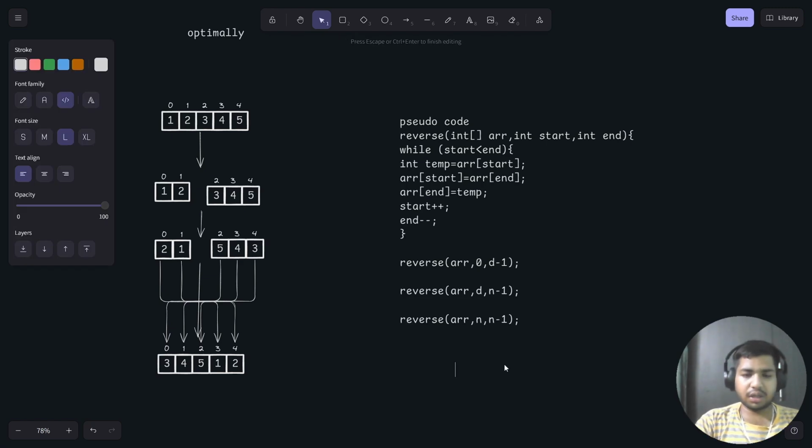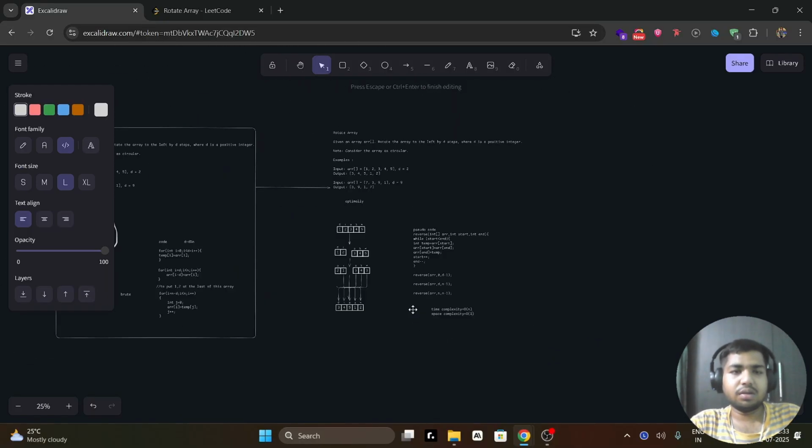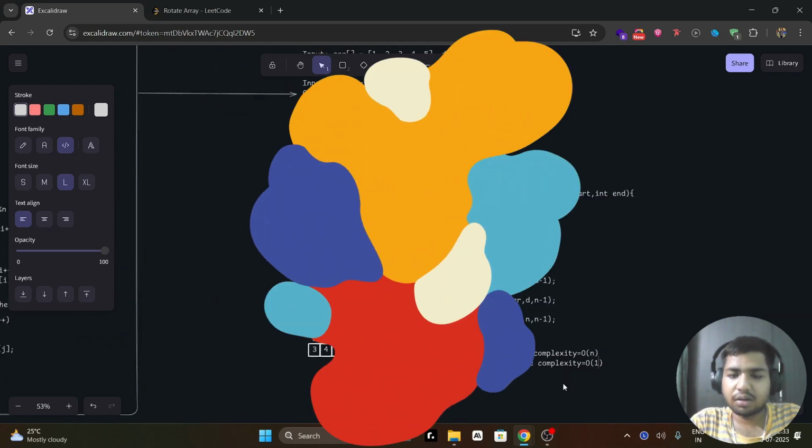Also, the time complexity will be the same, big O of n. But in this case, the space complexity reduces since we don't use any extra array or something. Extra space complexity will be equal to O of 1. Yes. So yeah, that's basically